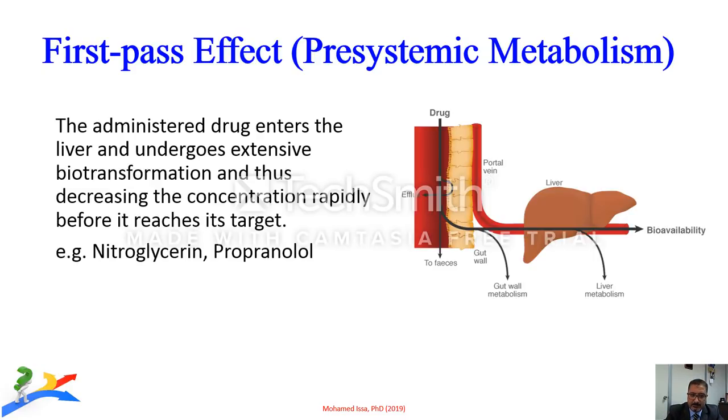The problem is, some drugs are extensively metabolized by the liver, so they cannot survive this journey to the liver. The intact fraction, the part that remains intact, which will then go to the general circulation, and from which we're expecting to produce the effect, will not be enough at all, because of this extensive degradation in the liver. One of the very famous examples is the nitroglycerins,